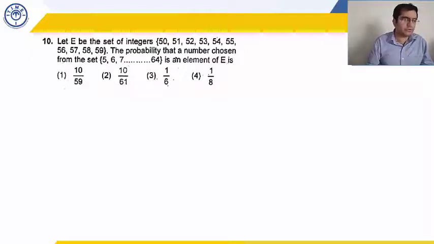And I want you to write this down. What I just said, just write it down. That total number of outcomes is 60. So it cannot be option number 1, 2, or 4. And why? Please write that down.